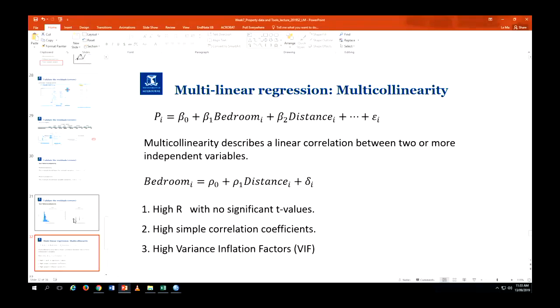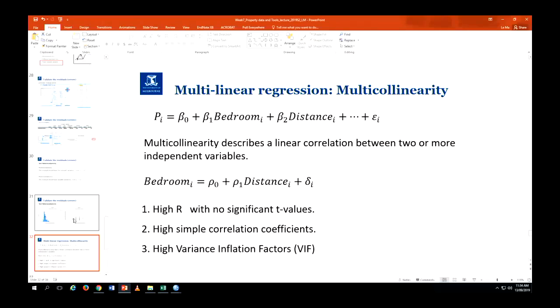In that case, we can run the model first, and if we see a very high R square value, however all the coefficients are not significant, or we have very high simple correlation coefficients, where we just estimate them pairwise, then we will see there is probably multicollinearity